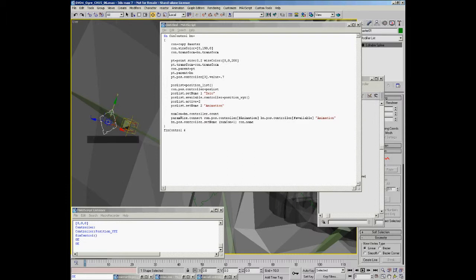We could also write a script that went around and found the wire parameters and found out what they are wired to, and rename all of the list controller names in that fashion, so that it actually corrected them all after the fact. Writing a script something like that later might be a good way to go, to clean up your rig after you've changed the names on things. That would also be good for when you reuse a rig and you have to rename all the objects in it with some prefix of a new character. You can go back and update all of the names of things that have been wired, so you know where